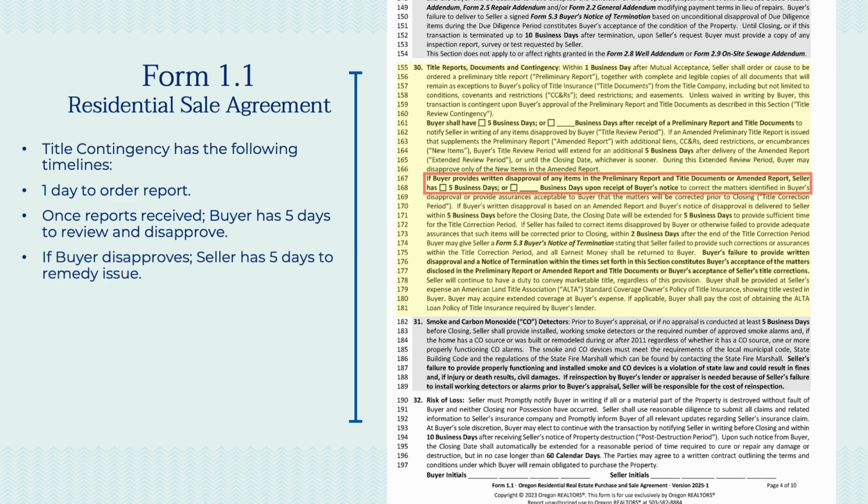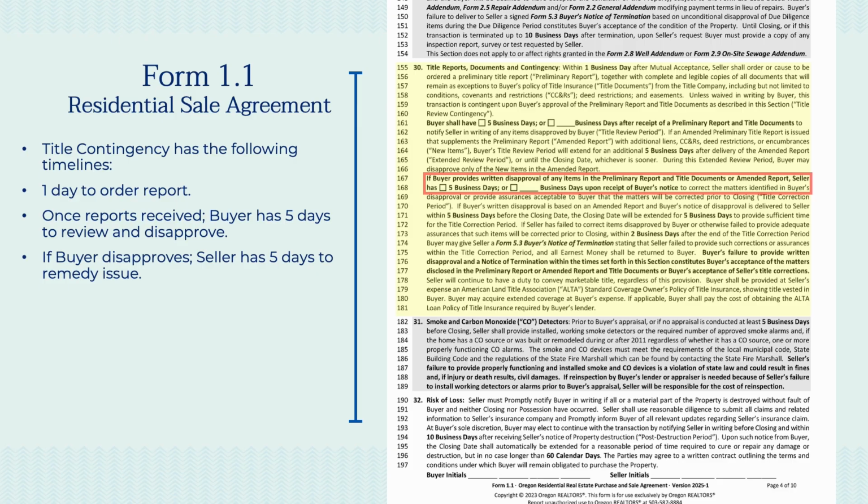Now, if the seller can't get the item remedied in that time frame, they can go back to the buyer and say, I need more time. And that's fine. The parties can agree to give the seller more time. But the seller should try and get things done within their remedy period. If the seller does not remedy those items within that time frame,